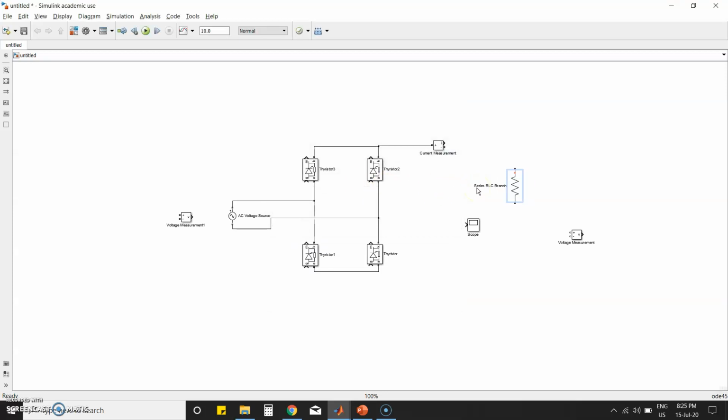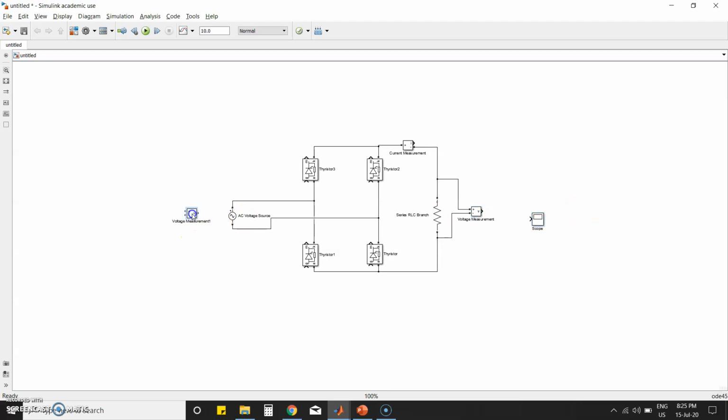Okay, so similarly I'm just pressing Control R to rotate the resistor, and I'm adding the negative point of the current measurement block to the resistor, and the end of the resistor to the resistor. So this is a circuit. If you want, you can just drag and move the blocks of your choice. Okay, so now connect the voltmeter across the load, so positive to this point and negative to this point.